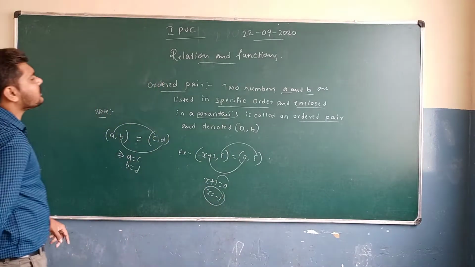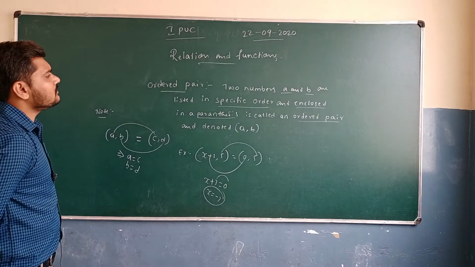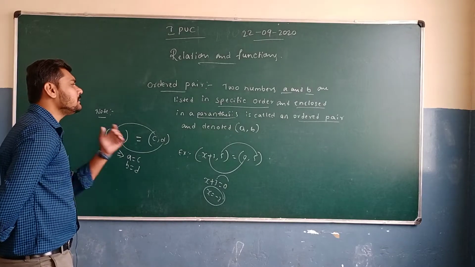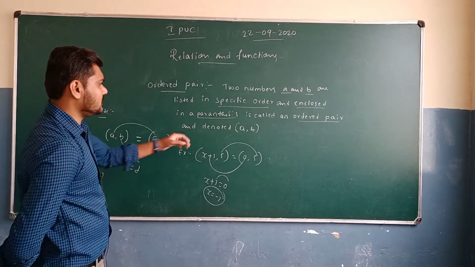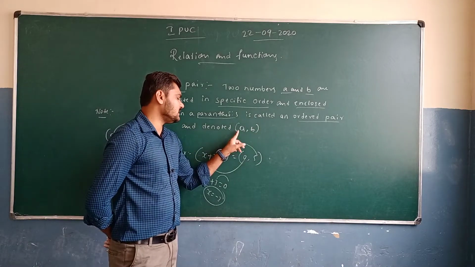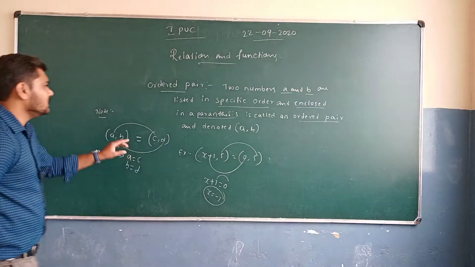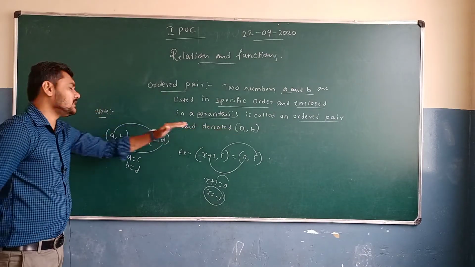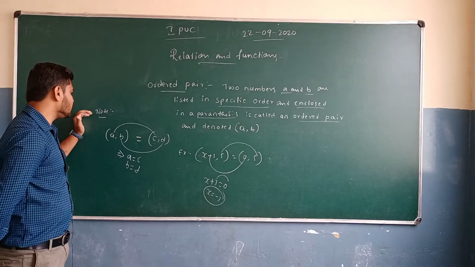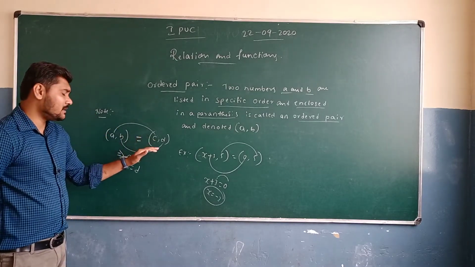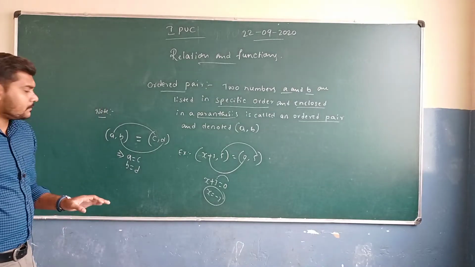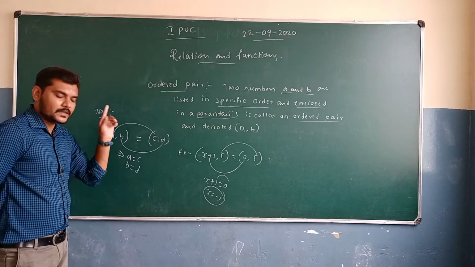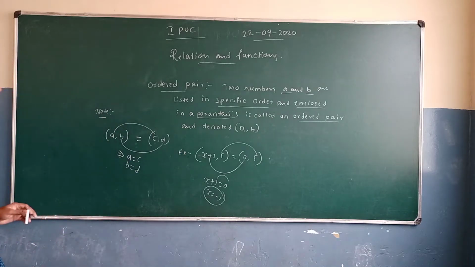Okay, so the definition of an ordered pair I am again going to mention here. Two numbers a and b are listed in a specific order. Suppose the two numbers a comma b are listed in some specific order and enclosed in parentheses, it is called an ordered pair and is denoted as a comma b. First you need to mention the definition here and denote it as a comma b. After that we have a note: a comma b is equal to c comma d is the equality of ordered pairs, the corresponding elements are going to be equal, and this is an example for this key note. So we have to note down the definition and the important points.